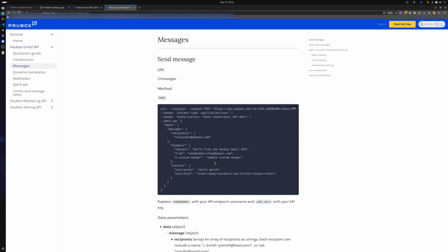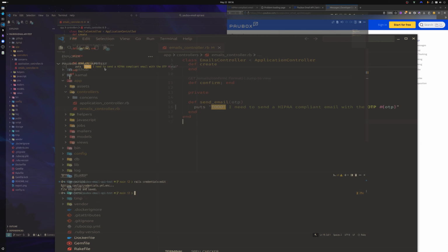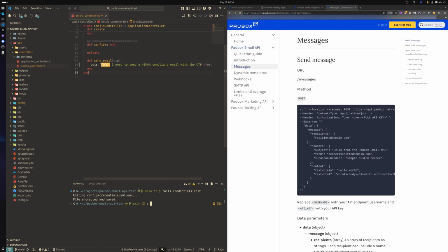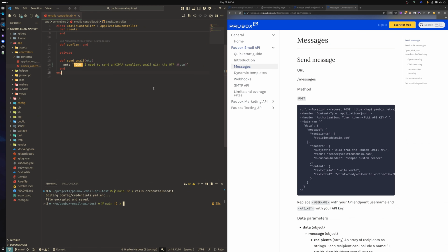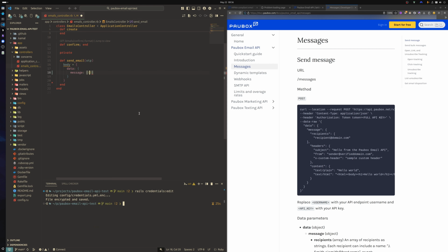So all that's remaining for us to do is actually make this request in our code. So I'll put my browser on that side and my IDE on this side, and let's go ahead and code that up. So the first thing I'll do is actually define the body that I'm going to send through. So I'll have body equals, and then I'll have a hash, and as you can see I need a data key, data, which is also a hash, message, which is also a hash,